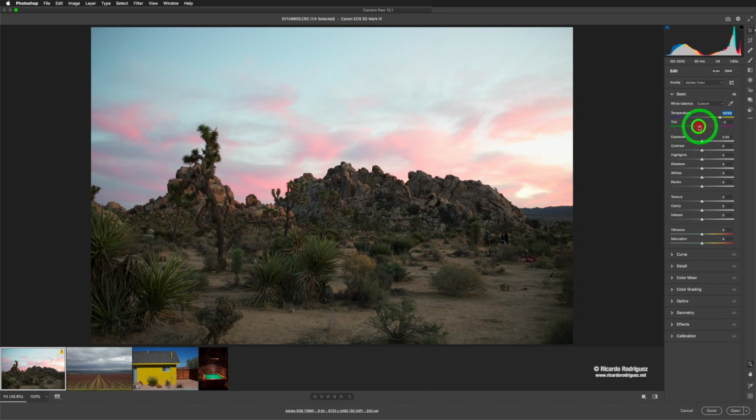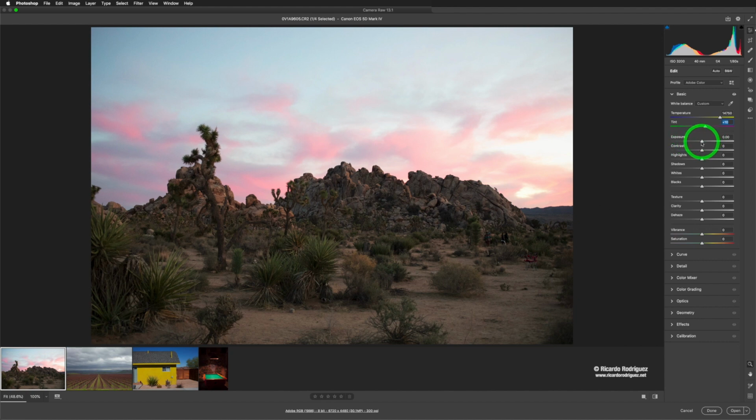If I want to take away green or add green, I can do that here. So I made it a little bit warm. I did +10 on this one. I'm going to exaggerate a lot of things right now for this demo, so that way you guys can really see it. That's one of the things I want to make sure, that you can see the effects because it's through the screen. So now that I have that, I'm going to move to the next step, which is basically figuring